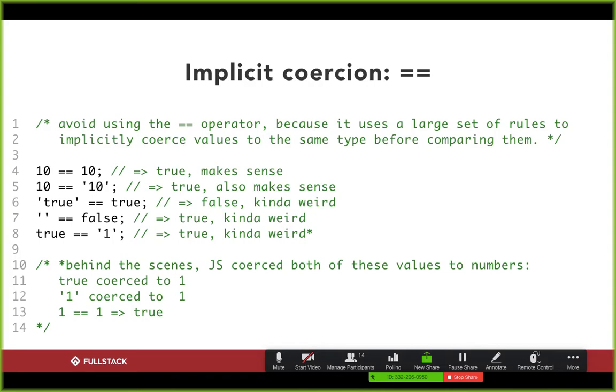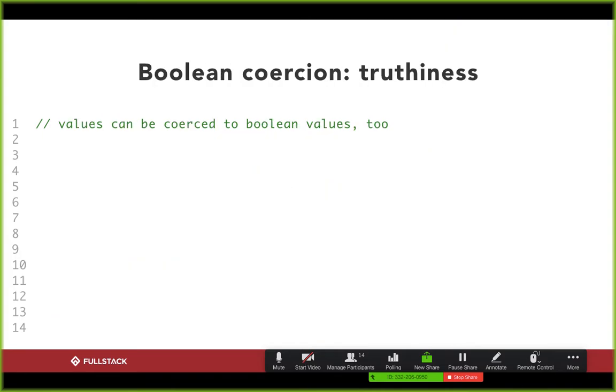Okay, thanks. Cool. All right, so I think all of your questions are leading into something around how this works in a further step, right? So the next step of coercion then becomes Boolean coercion, and this is actually very, very common because